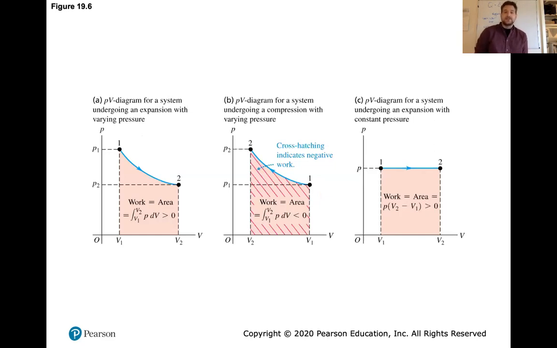If our system undergoes an expansion from state 1 to state 2, then the work done is the integral of the pressure as a function of volume, or the area under the PV curve. If it's a compression instead, then we're integrating from a greater to a lesser, and we'll end up with a negative sign. And figure C there is the example for an isobaric process. And the work done, if the pressure is constant, we can factor it outside the integral, and we end up with just P times delta V,